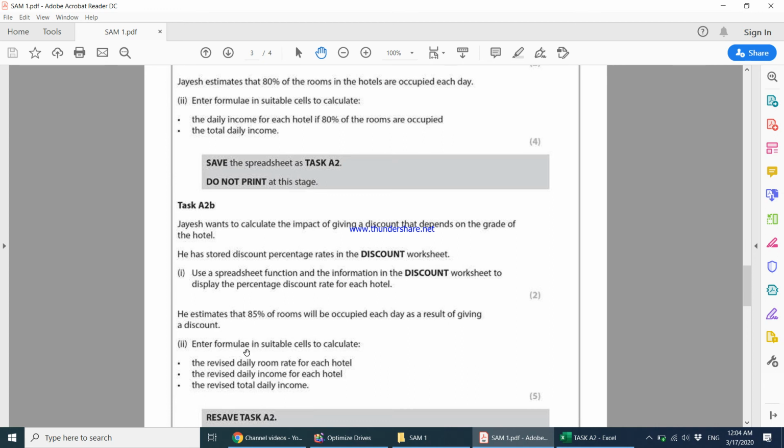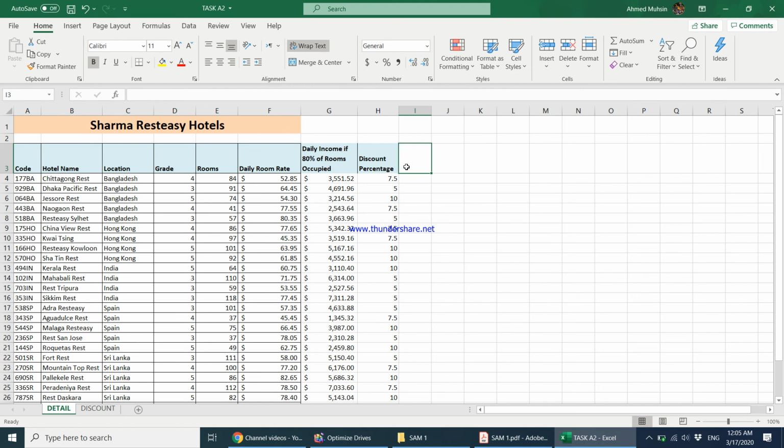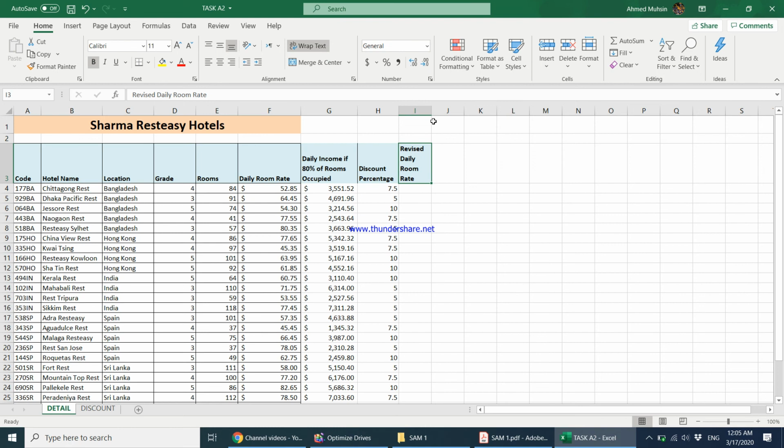Enter formula in suitable cells to calculate the revised daily room rate for each hotel. So now we are supposed to be calculating the revised daily room rate. So let me just put here revised daily room rate. And let me wrap text this as well. What we mean by revised daily room rate is, after giving this discount, how much is the room rate going to become? So what we simply do is equal